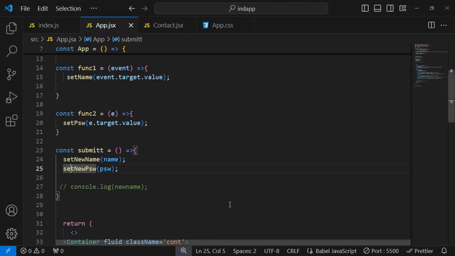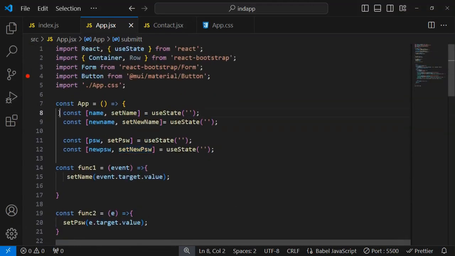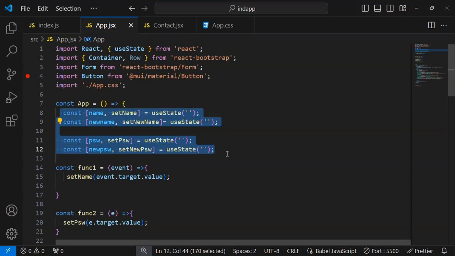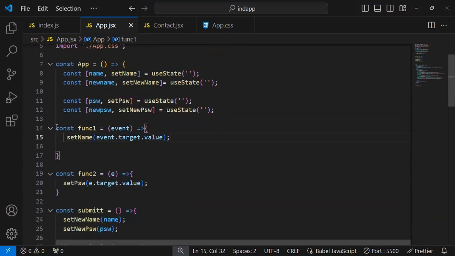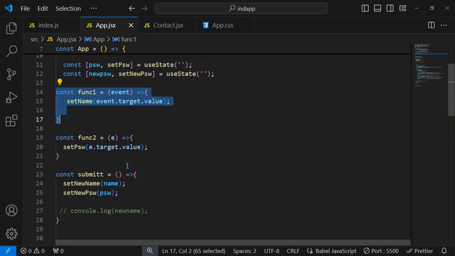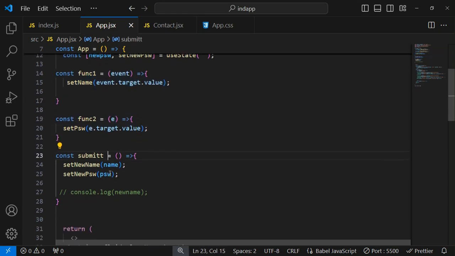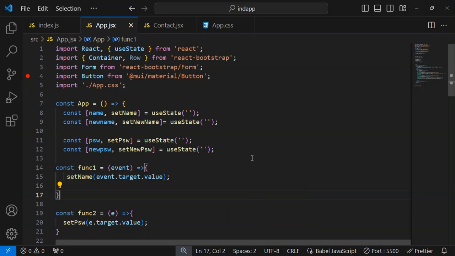and I have told you why we have used four useStates, and this one function is called when our first text field makes any change. And this function is called when our second text field is making some changes, and this function is called on the submit button. One thing more that I have to tell you in this tutorial,